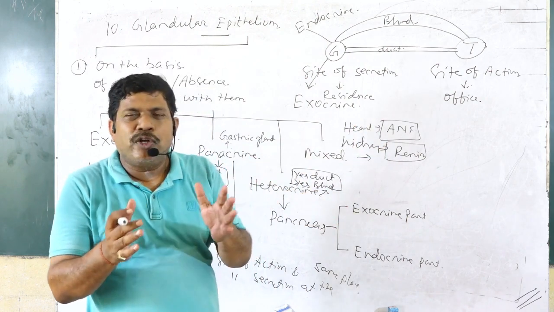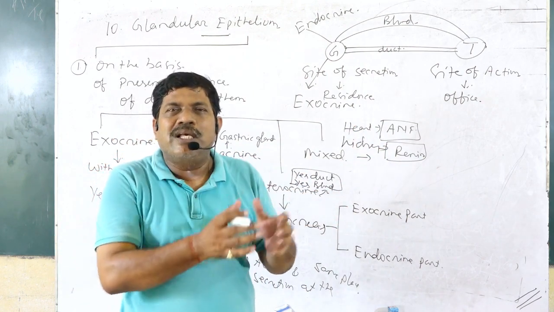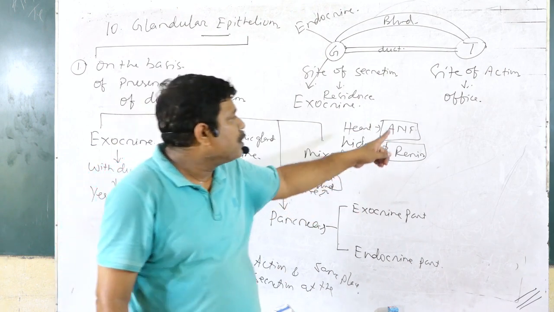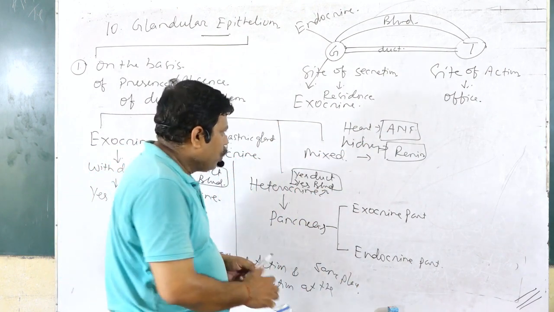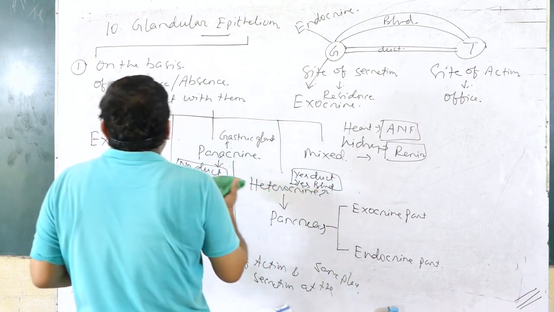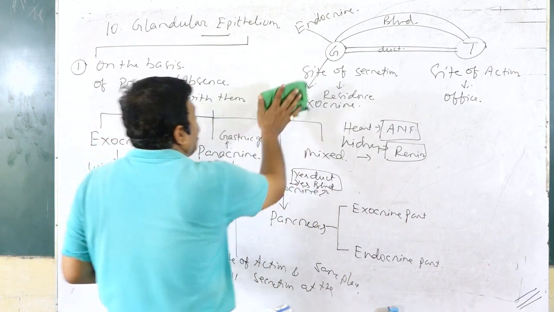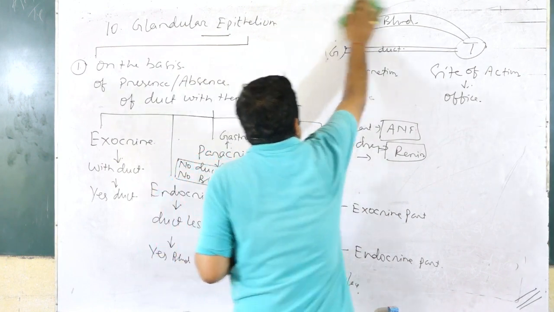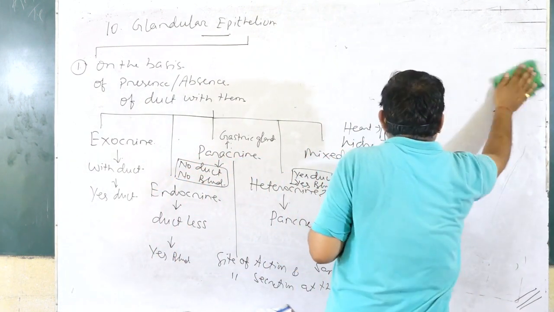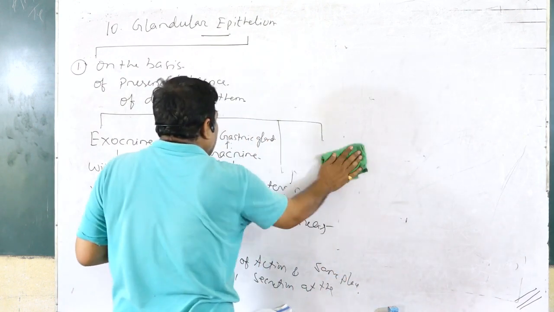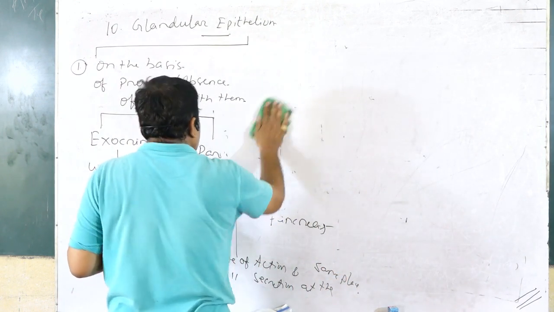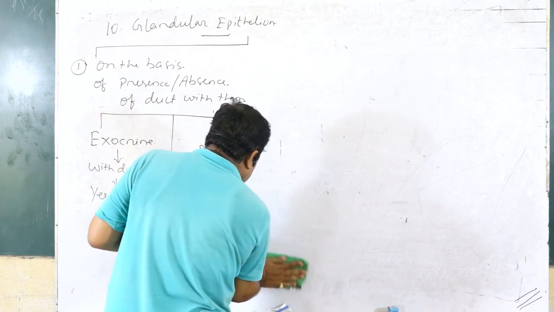The heart's major physiological function is circulation, but it also has a glandular function, secreting atrial natriuretic factor. So this is on the basis of presence or absence of duct: exocrine, endocrine, heterocrine, paracrine and mixed. Next,